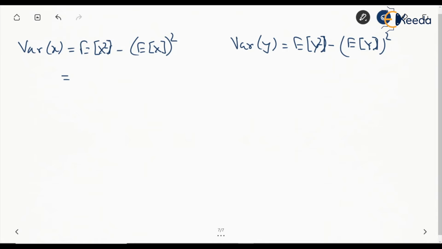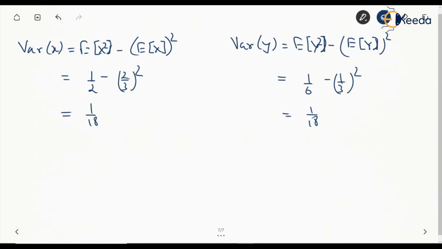So this is 1 by 2 minus 2 by 3 square, which will be 1 by 18, and this is 1 by 6 minus 1 by 3 square, equal to 1 by 18 again. So both of these values are 1 by 18 only, and in that case what more we can find is